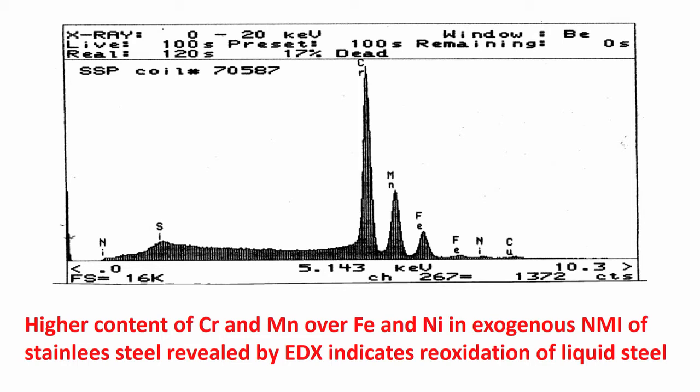So, from this investigation using the EDX attachment of the SEM, we know that reoxidation is the problem. When we next make the steel, we have to be careful about oxygen ingress. Maybe we have to use more argon sealing where oxygen ingress has taken place. That means possibly we did not use an adequate amount of argon, so argon sealing was not proper, and some oxygen aspiration, oxygen ingress, has taken place. So we now know that we have to be careful.